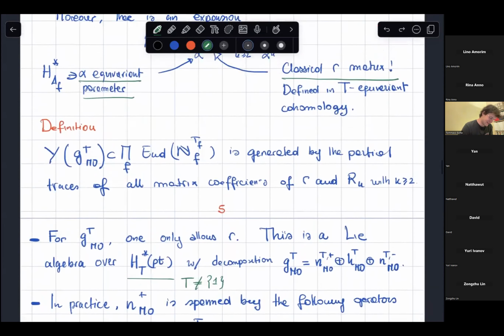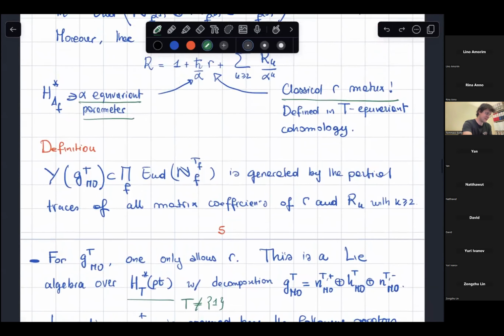I somehow missed the point, because I understand that it's an algebra. That's fine, associative algebra, but where did you get the Lie algebra? So in principle you can only take partial traces of the classical R matrix, and then one can check, this is something to prove, that this is a Lie algebra. So in principle this Lie algebra, this space here, it's just